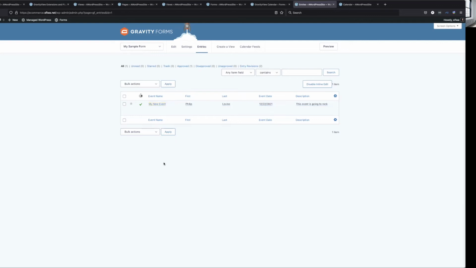So again, depending on what you're using Gravity Forms for, this is a great way to quickly make edits to fields. And if I had multiple records and I clicked on the column, it'll put all of those into edit mode. To show you what this looks like on the front end with the calendar plugin,